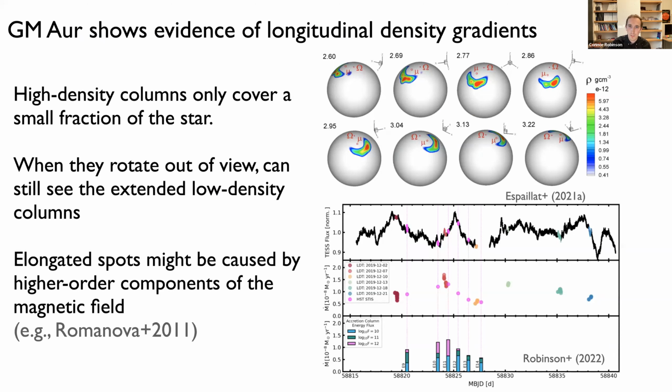Here is what we did in a recent Nature paper, where we took our simultaneous TESS light curve and compared it against this distribution of accretion columns. And we watch what happens as it rotates. What we found is that the peak of the mass accretion rate is actually misaligned with the peak of the TESS light curve, which makes sense because the high density columns are tracing basically UV emission, whereas TESS is tracing much longer wavelengths. We understand this as a stratified density across the surface of the spot that disappears as it rotates in front of or behind the star.